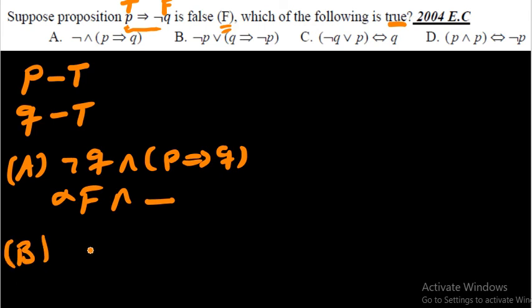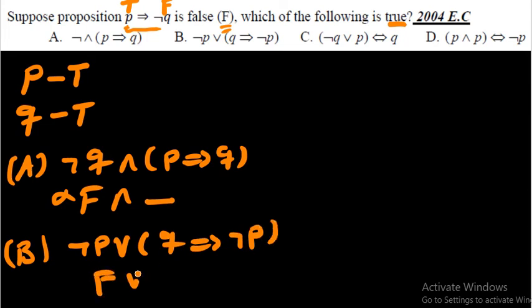And choice B, negation P or Q implies negation P. Again here negation P is false. Q is true and negation P is false, and true implies false is false. So false or false will be false. Again it fails. When you go to choice C,